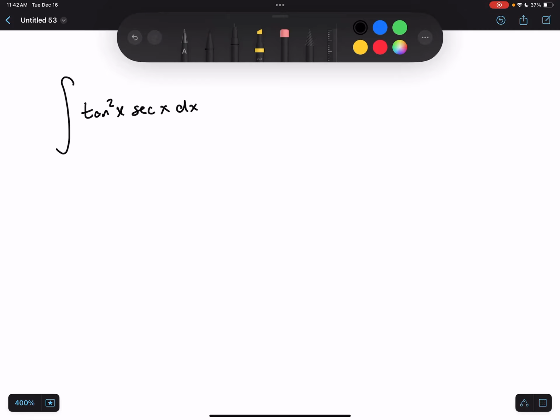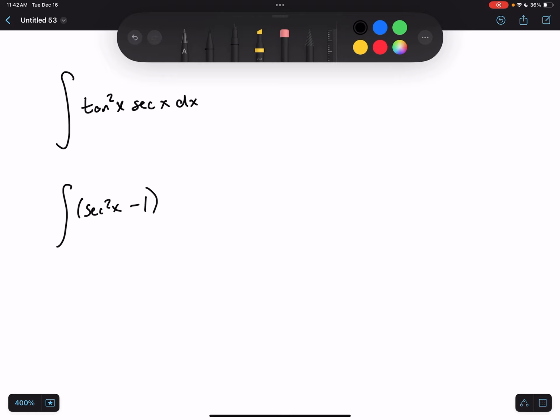Here we're looking at the integral of tangent squared x times secant x. And this is one of the harder integrals that you'll run into when you're first learning to do trig integrals. So to jump in, what we'll do first is we'll rewrite tangent squared as